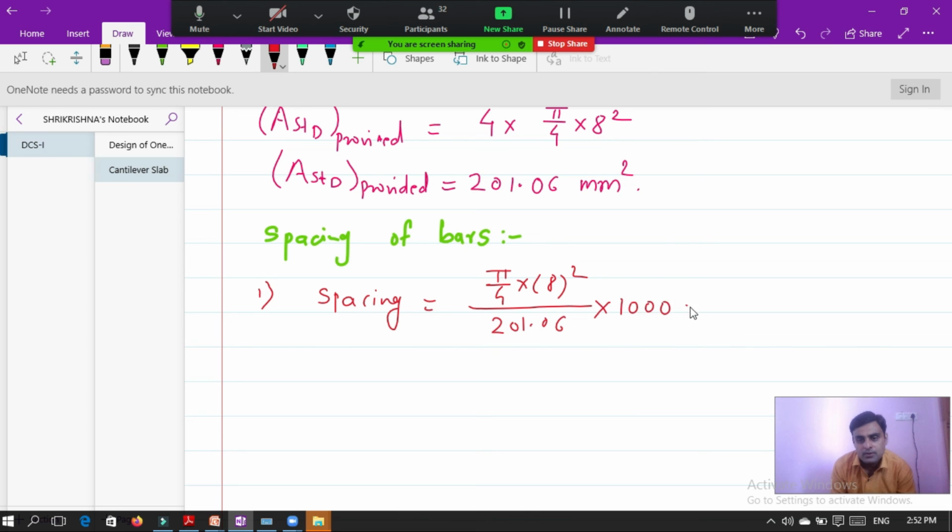In our case the width is 1000. So it is 250 mm center to center.